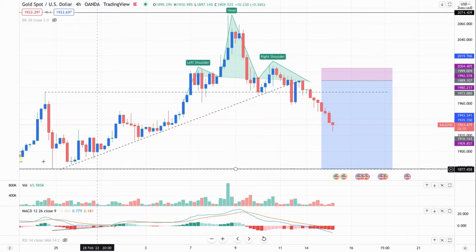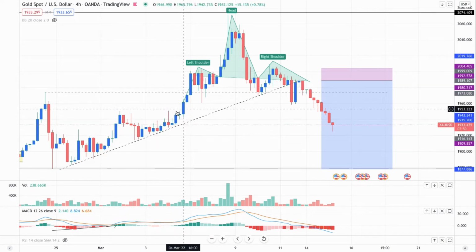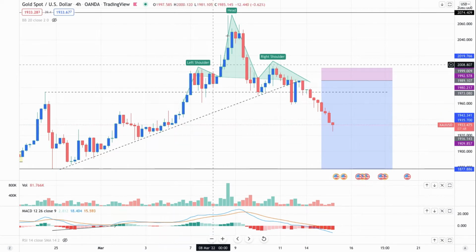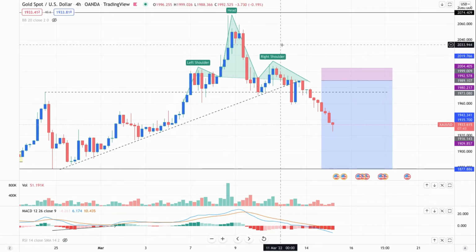On the 25th of February, we began to see price slowly start to trend upwards, following and respecting this ascending trend line. As you can see, price comes down, bounces off it, and respects it along the way. At around this point here, when we see gold pushing up high, we had that event which began occurring across the east, which we all know what that is, right? This pushed the price of the commodities market very, very high.